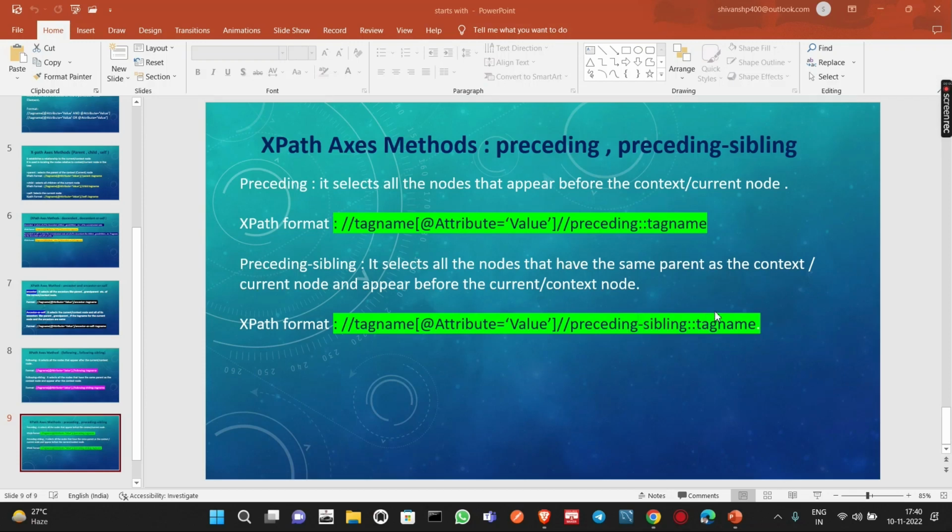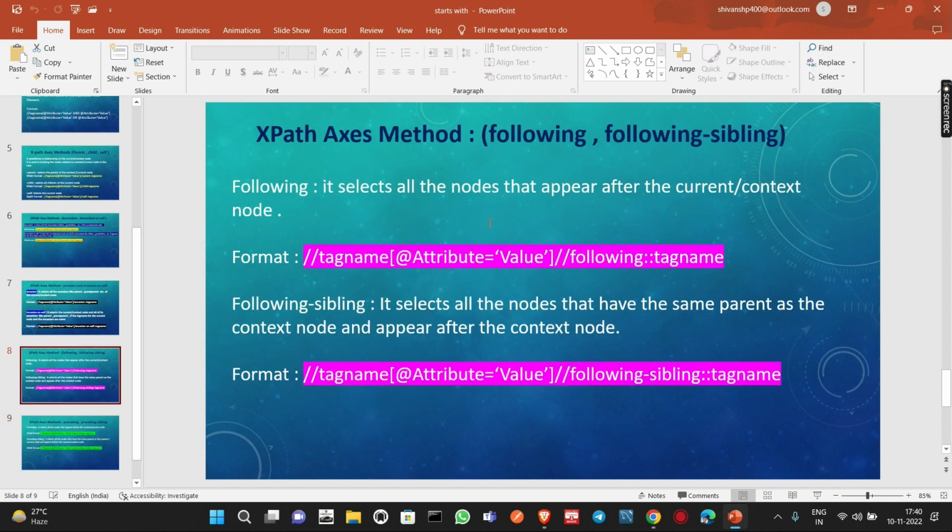So welcome back guys, and in this video we are going to see the XPath access methods. Those are the preceding and preceding sibling method. Okay, so the preceding methods, as you have seen in the previous video, this particular slide I have shown you